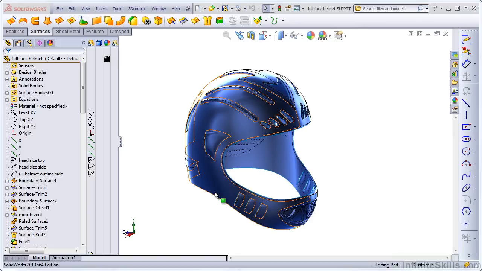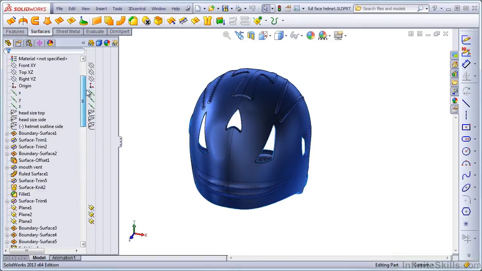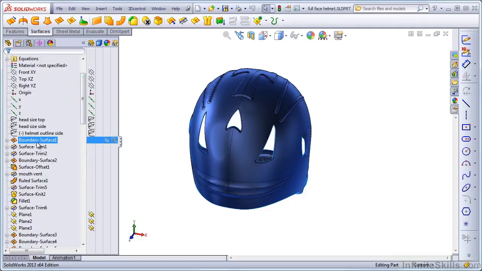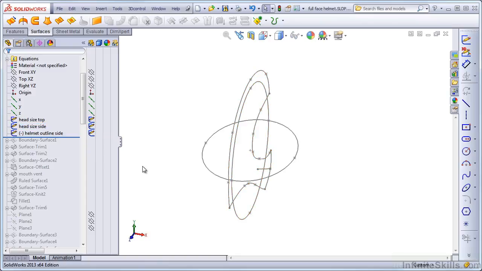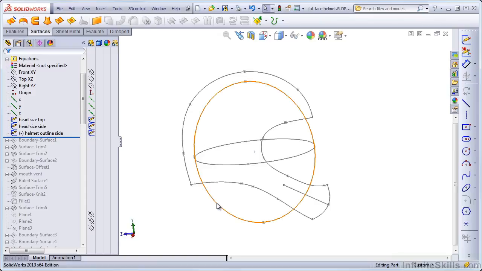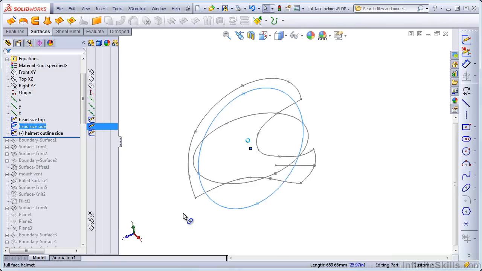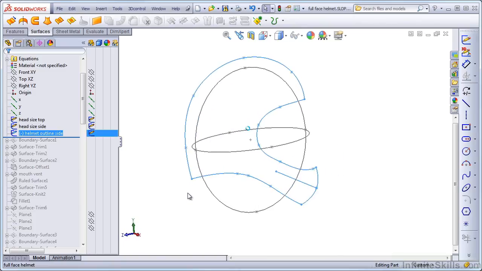The boundary surface was the first surface used to create this helmet. And if we roll this back, we see the first surface feature here is a boundary surface. I'm going to use rollback and take a look at how we started creating this model. The model was laid out from a series of sketches. The ellipse here is kind of a guide for the size and shape of a human head. And the outline of the helmet from the side gives us an idea of fitting that helmet over a person's